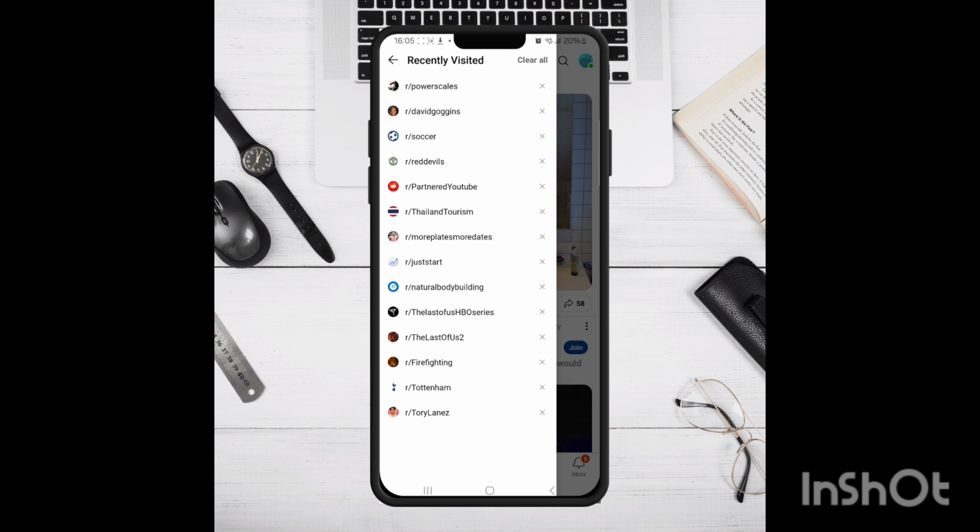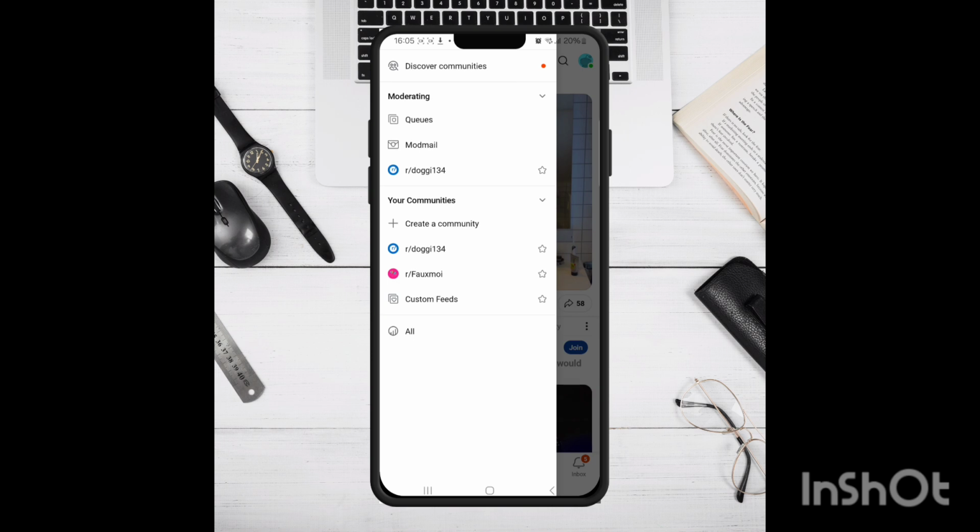So to delete that, you would simply press clear all, and that's how to delete your Reddit history on iPhone